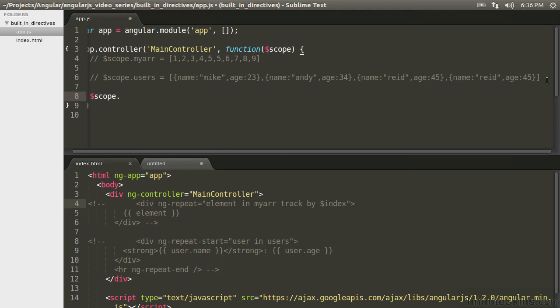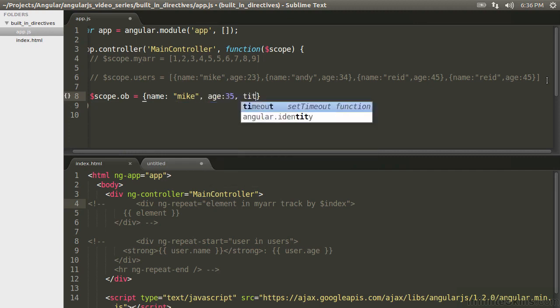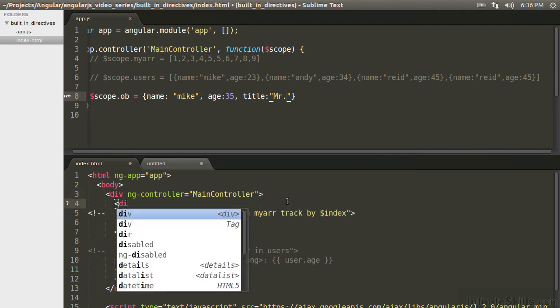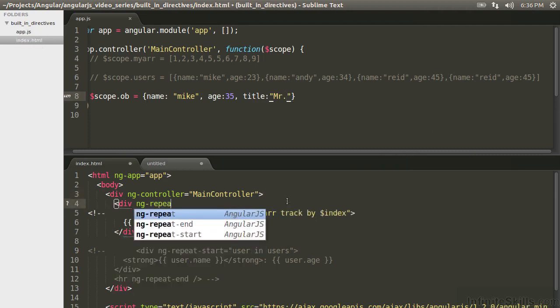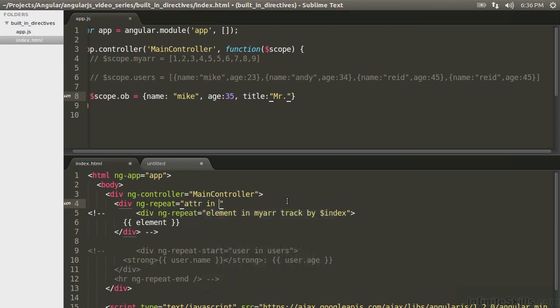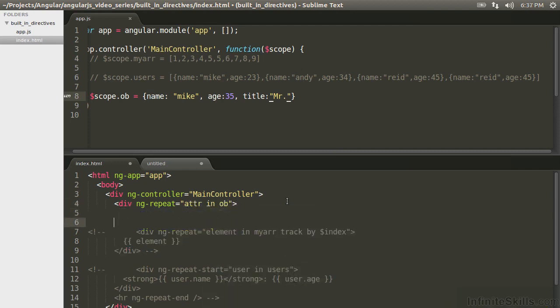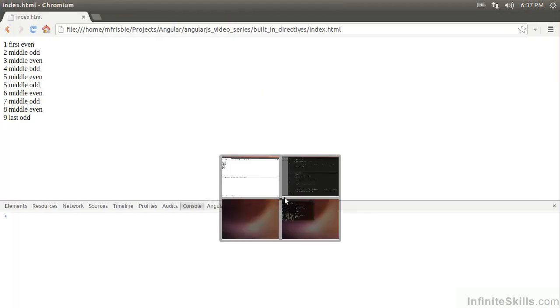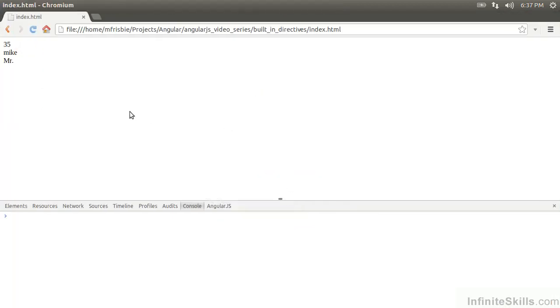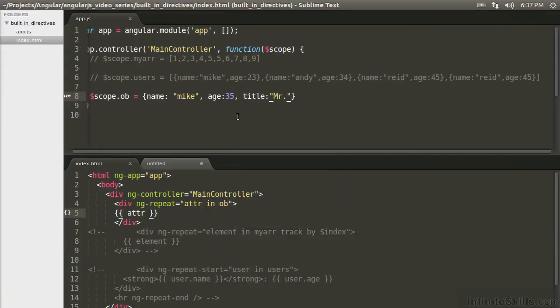So if we were to go scope.ob, for example, and say name, Mike, age, 35, title, Mr., for example, we can also point an ng-repeat at this object, and it's possible to iterate through its attributes. So if we refresh this and take a look, we can see that the 3 attributes are being passed,